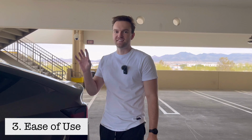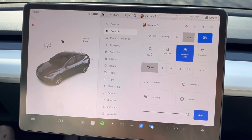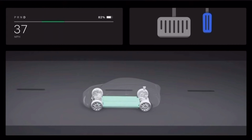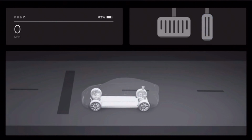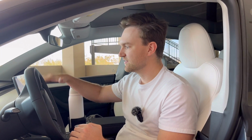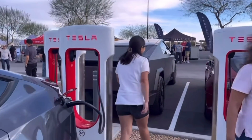Number 3 is its ease of use. For first-time Tesla owners or first-time Tesla drivers, it could be pretty intimidating, but it's really just an iPad on wheels. Once your settings are all set up, it's super easy to drive, especially with the regenerative braking. One pedal driving takes some getting used to, but once you're used to it, it's so much easier and more convenient to not have to go back and forth between the gas pedal and the brake pedal. Changing gears is super simple. Charging it is just like charging your iPhone,